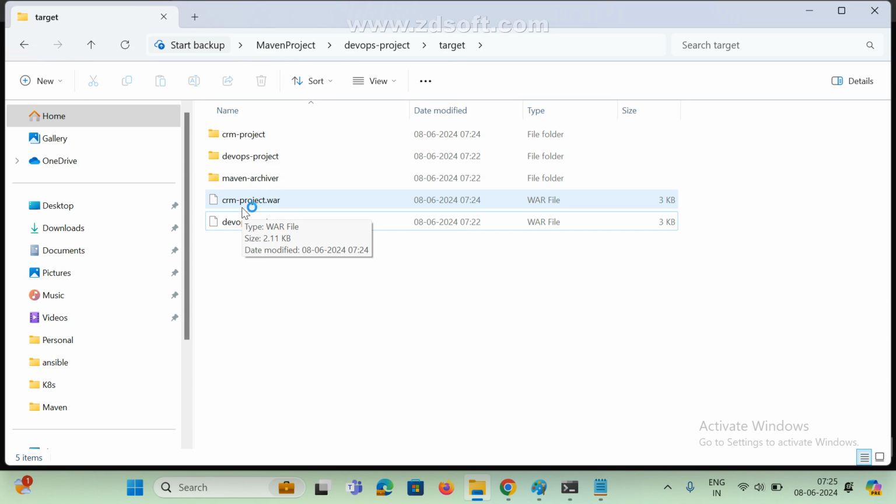So this is what the context name is. If you want to change the project name while deploying, generally if you want to deploy on any server, by default